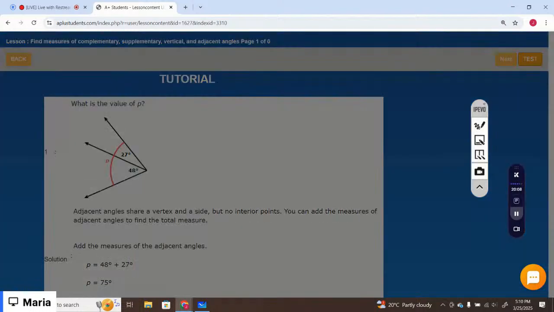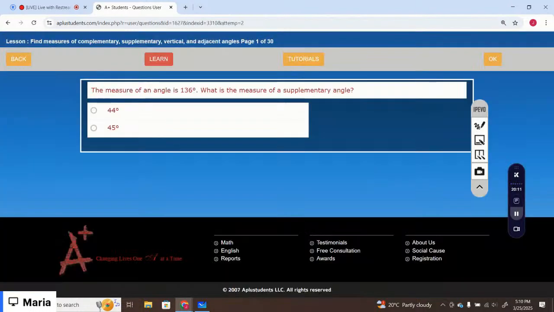Let's just start with the test questions. The measure of an angle is 136 degrees. What is the measure of the supplementary angle? Supplementary angles are the angles that measure to 180 degrees. So that is